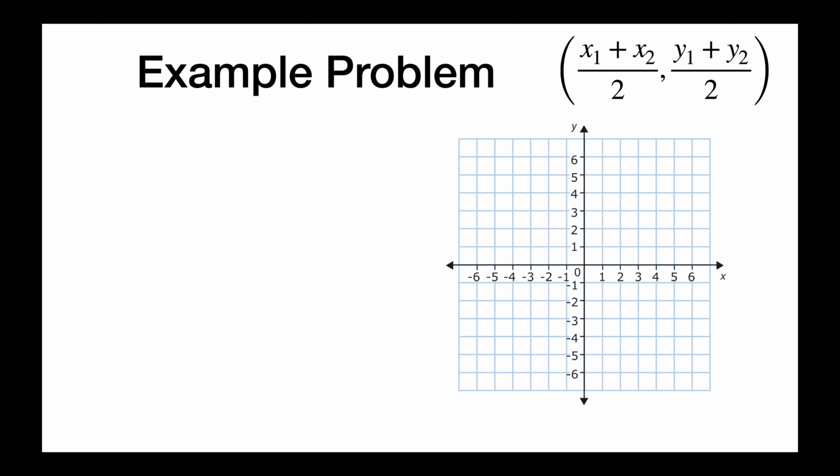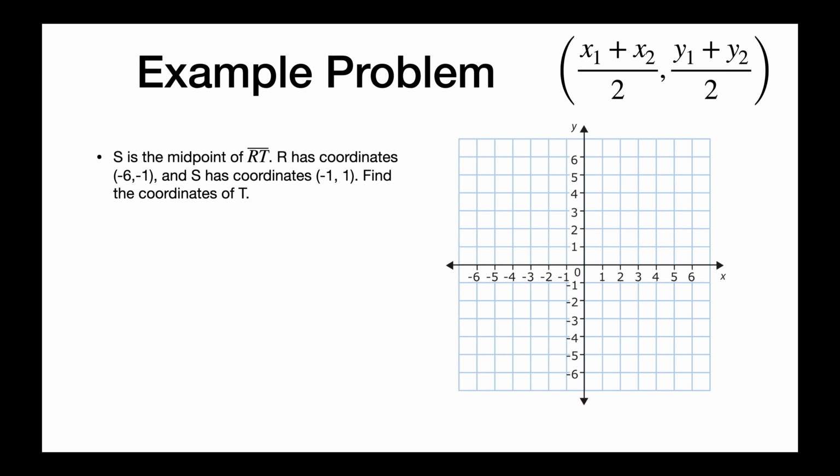All right, let's try another one. In this case, our question is, S is the midpoint of RT. R has coordinates of 6, 1, and S, the midpoint, has coordinates of negative 1, 1. We need to find the coordinates of T. So in this case, we're going to say that the midpoint, or negative 1, 1,